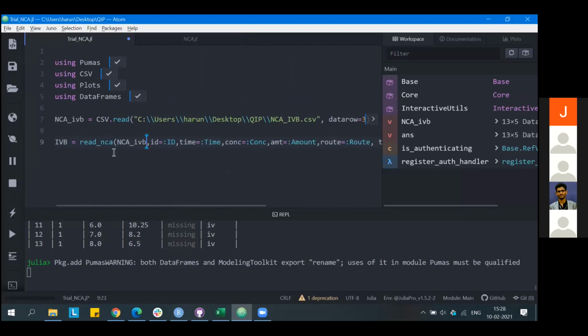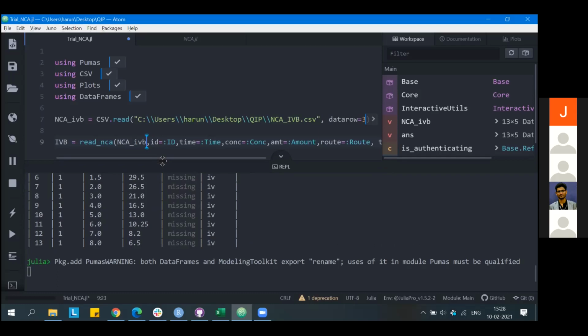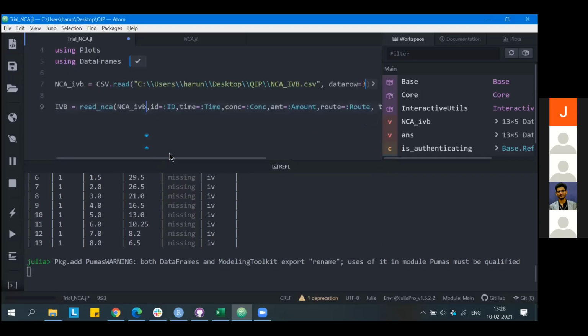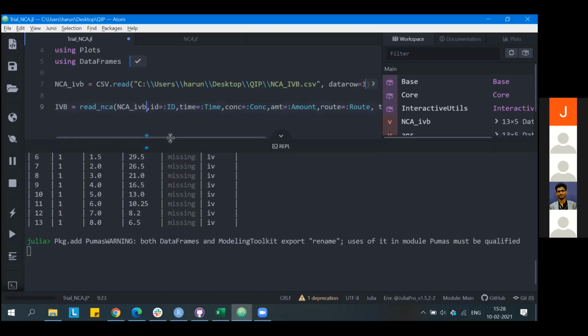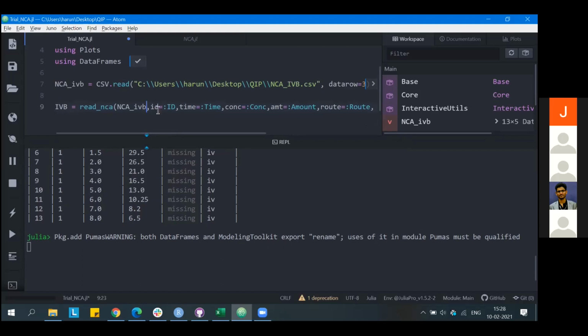The terms mentioned in white indicate objects that are required for the read NCA function.